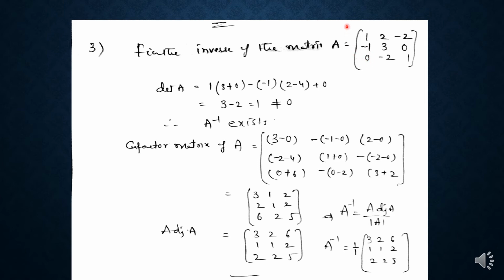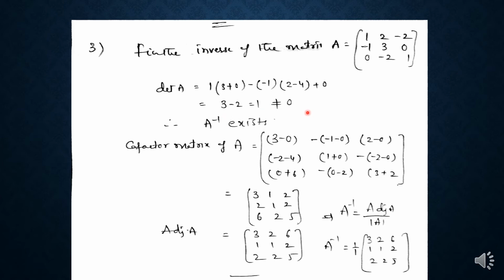So simplifying is easy. So minus 1 into, by deleting the column and this row, we will get 2, minus 2, minus 2, 1. That is 1 into 2, 2, minus of plus 4, that is minus 4, 2 minus 4. Plus 0 into something is 0. Plus 0 into something is 0. So 1 into 3, 3, minus 2 minus 4 is minus 2, minus 2 into minus 1 plus 2, and minus 2. 3 minus 2 is equal to 1, which is not equal to 0.